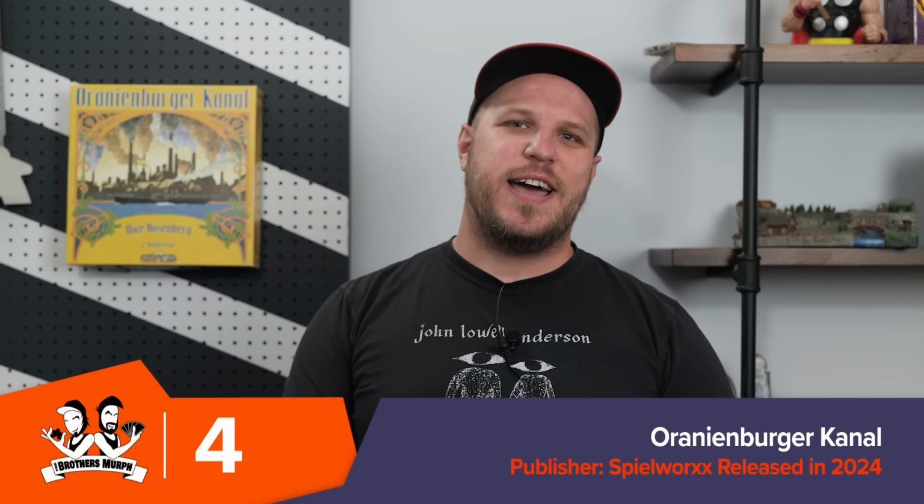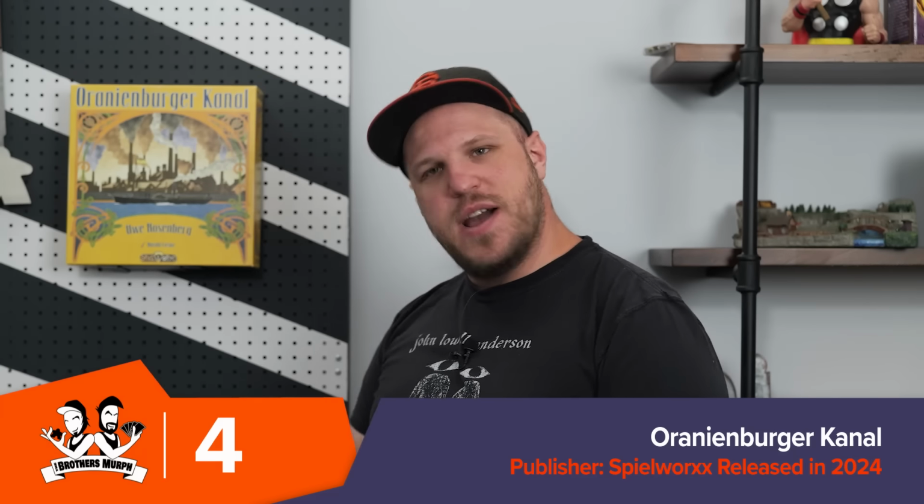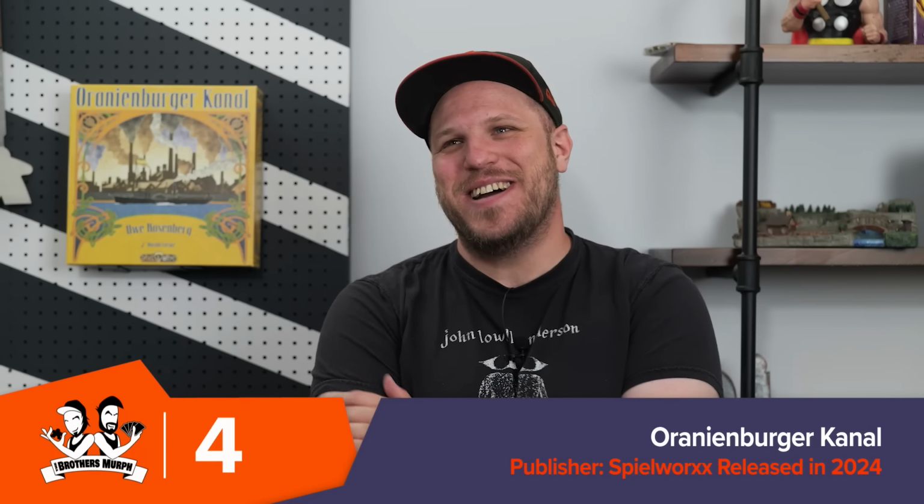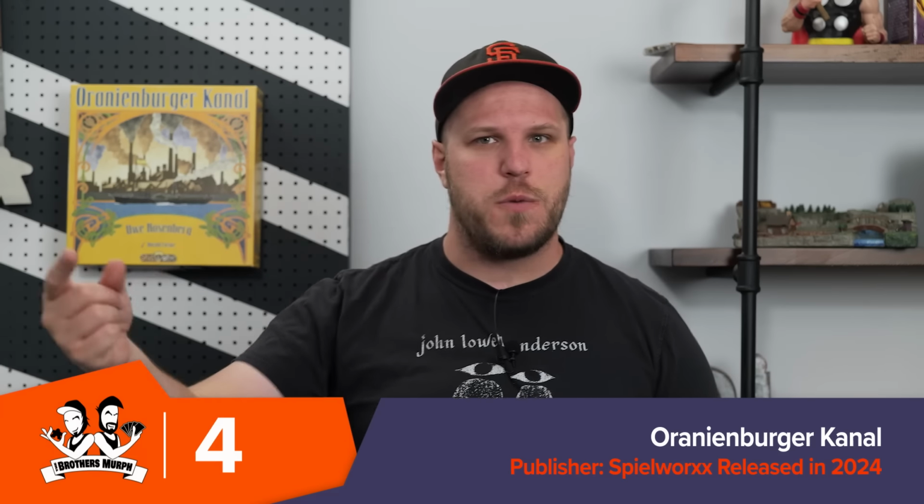This box is yellow. This is Oranienburger Kanal, which is very yellow, but hey, I like it a lot. Oranienburger Kanal is an Uwe Rosenberg game by Spielworxx, and I don't know, this game is not gonna be for everybody. This is a worker placement game where you have a set, there's like only 6 actions in the game, and it's kind of got like a back and forth worker placement